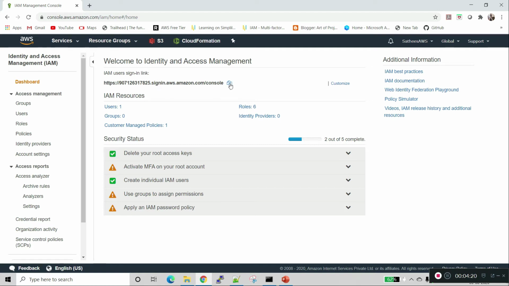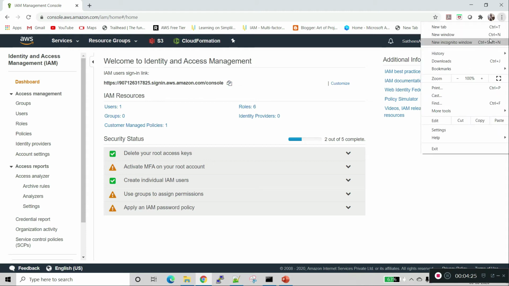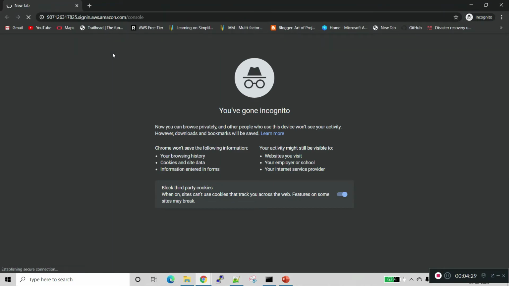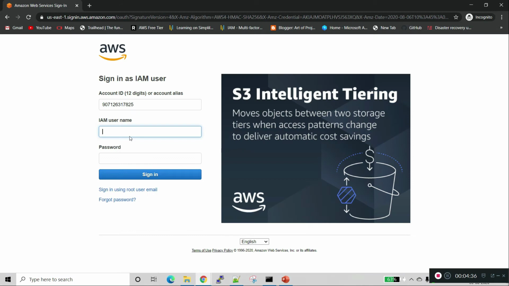I will copy this link, open a new window, and log into the new user. After we complete this exercise, we will delete this user also.